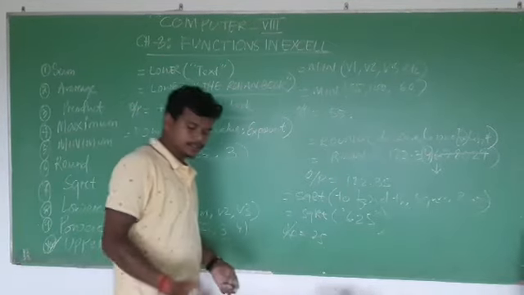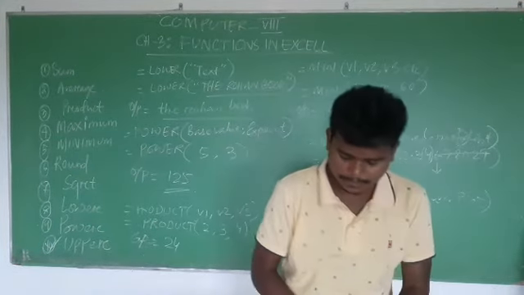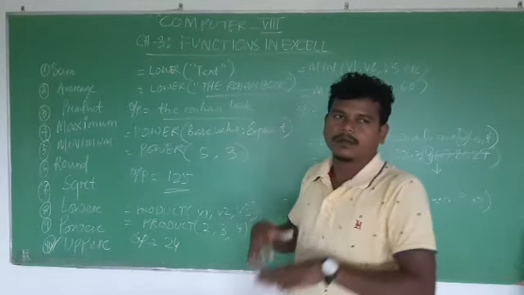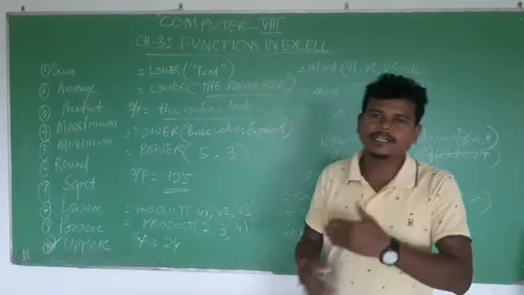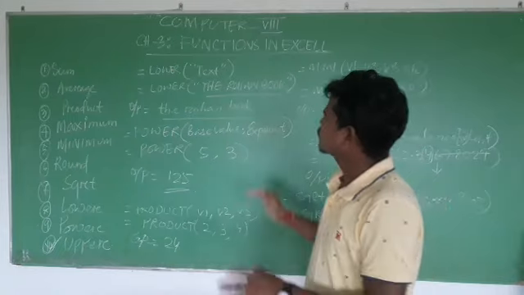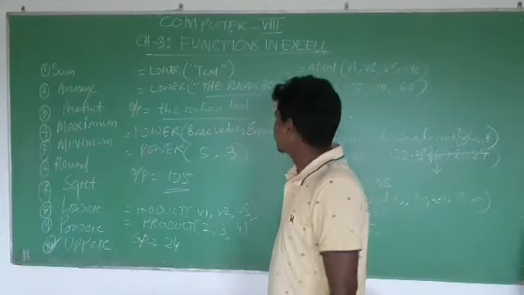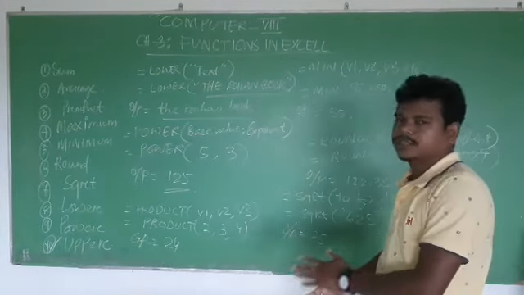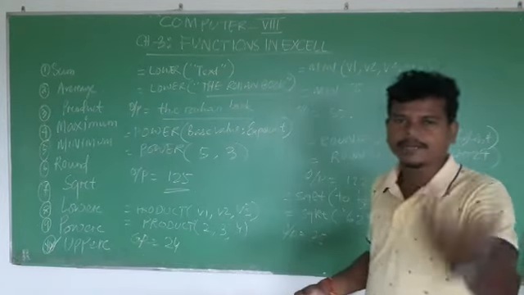So students, this is the elaboration of the functions in Excel, how Excel calculates numbers mathematically with arithmetic operations. And this is all about the rest of chapter 3, that is formatting and functions in Excel. We completed that today. Question answers you can do, or else they will be provided very soon.